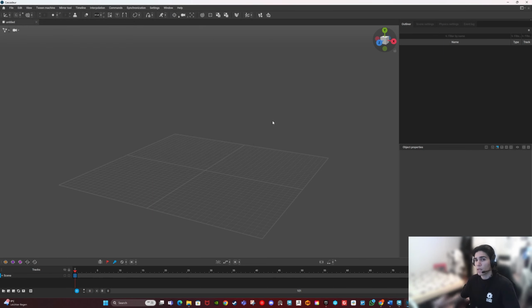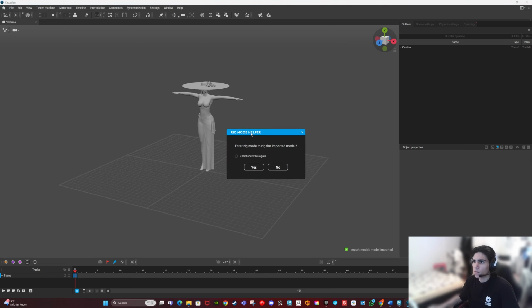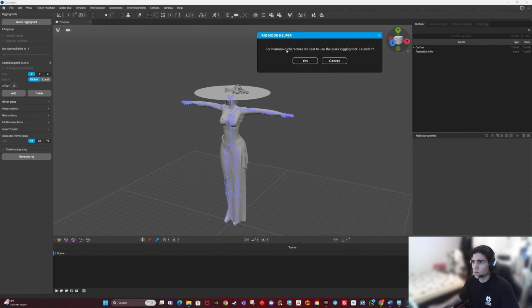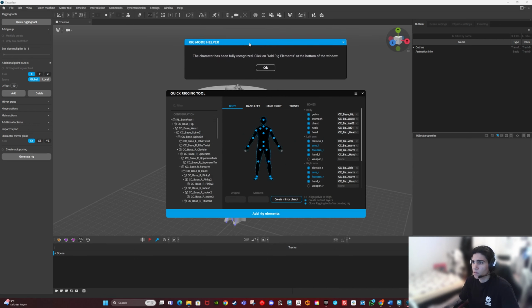Now, if you have a humanoid skeleton or a skeleton in general, the scene will recognize it, and then a small window will pop up. Here it is, the rig mode helper. So here you want to go on yes, because the rig mode helper helps you if you have a humanoid character, that you can simply go into the rigging mode, the quick rigging tool, and here it says the character